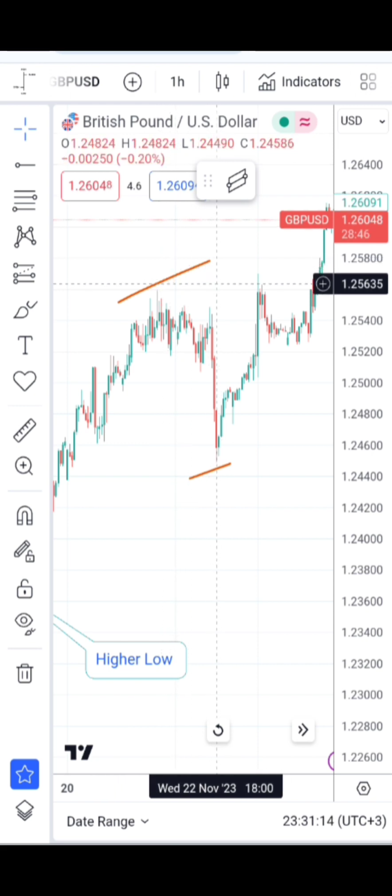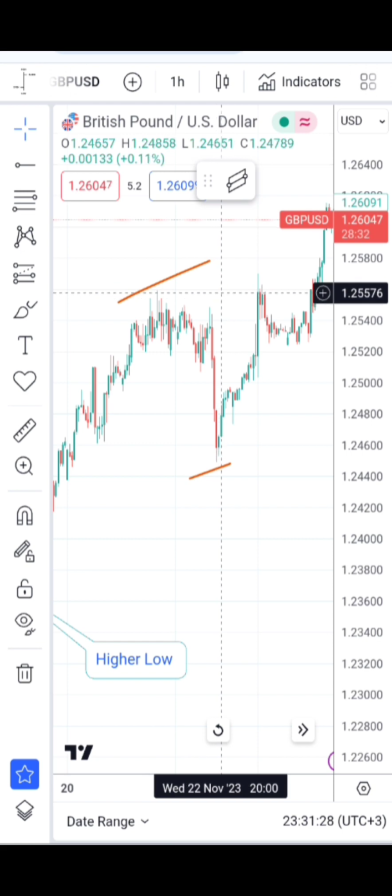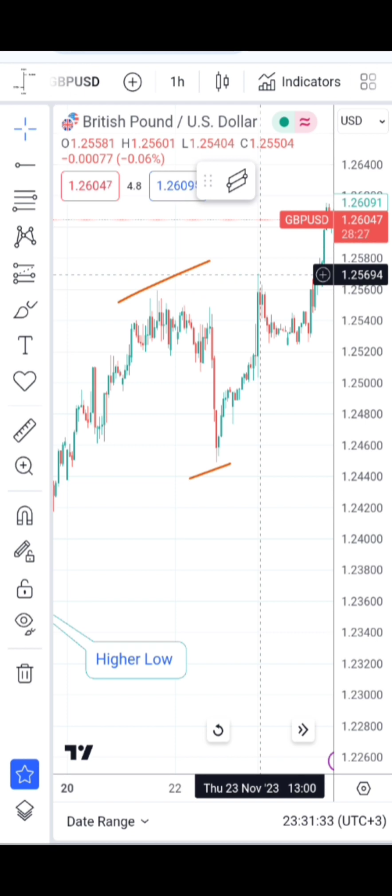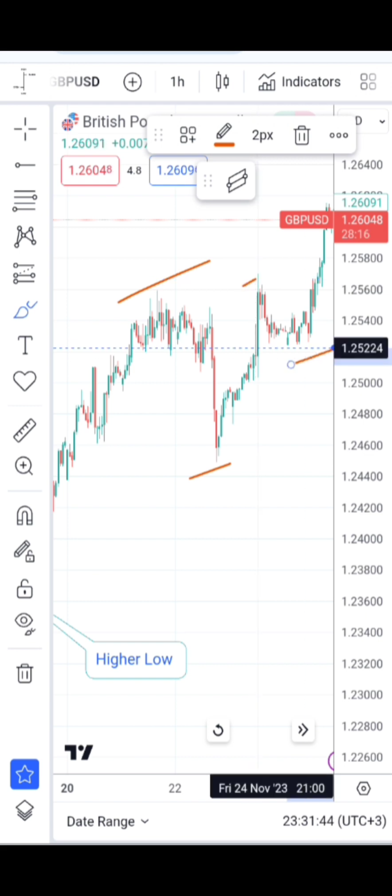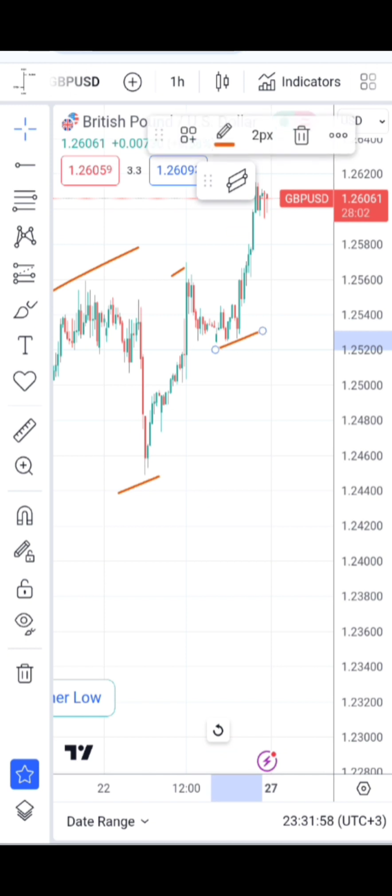was broken following the market movement that started at the 1.24750 low, creating a new high. The new high in this case will be the 1.25601 area, this one here. So from that high, a new low was created around this area. A new low was created around this area. From that high,